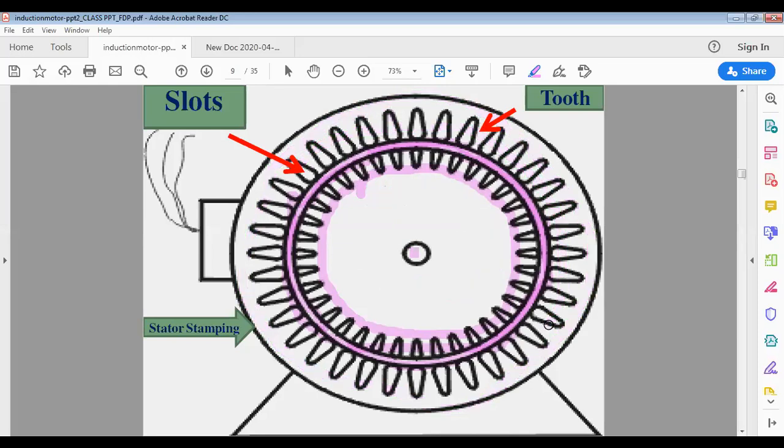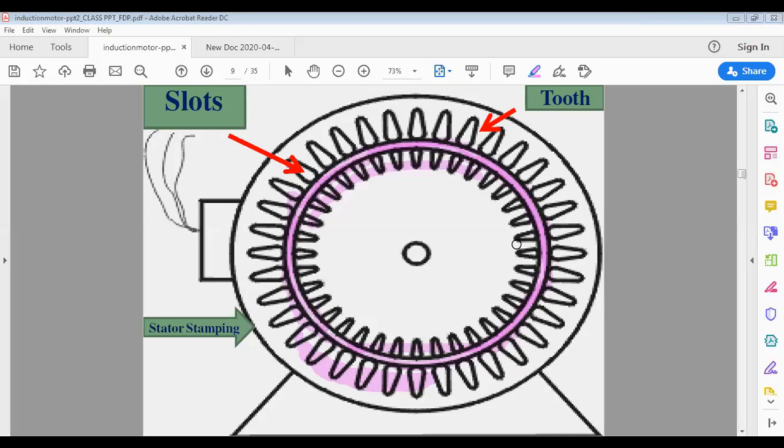So stator core, rotor core, shaft and rotor, all of you can observe the rotor is slotted on its outer periphery. Okay, and the stator core, you can see it is slotted on its inner periphery. Now, stator core is made up of which material? Magnetic material. Okay, now which magnetic material is used for stator core in a 3-phase induction motor? Silicon steel. So the stator core in a 3-phase induction motor is made up of silicon steel.